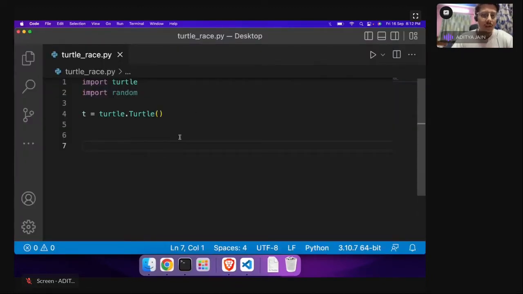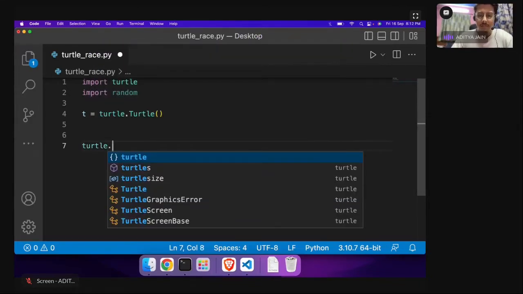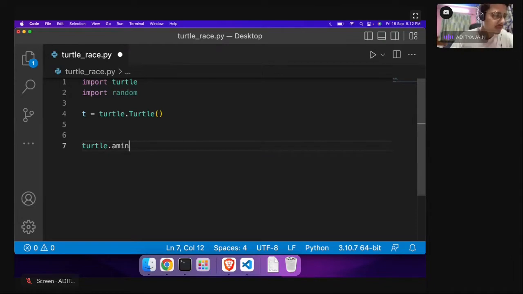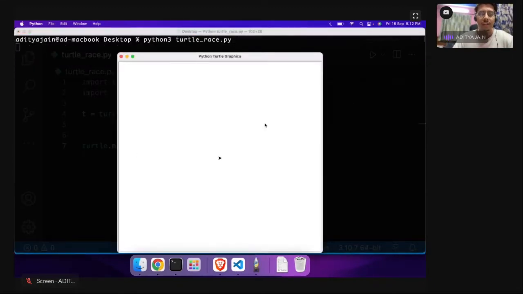So to hold it here, we can use turtle.mainloop(). So now if we go to the terminal, try to run it again. Yeah, now it will be there. Cool. So this is the very first step. I have a lot of things happening on my phone today. So this is the first step